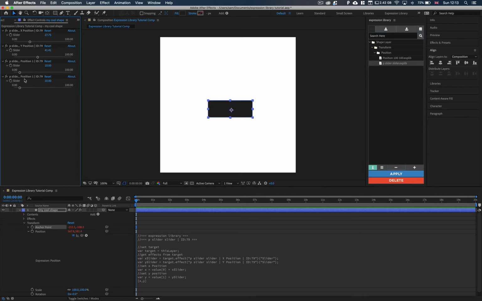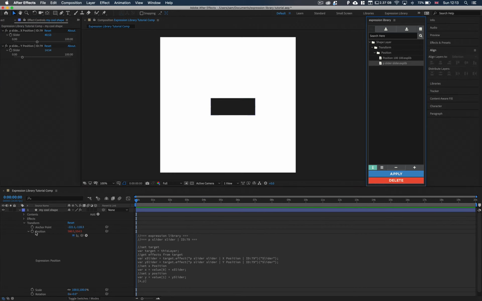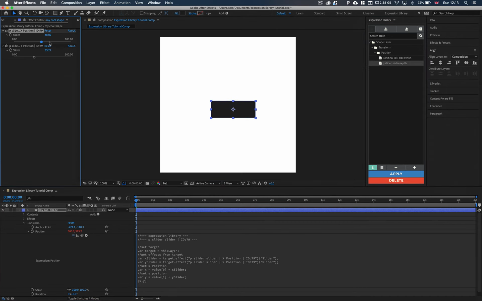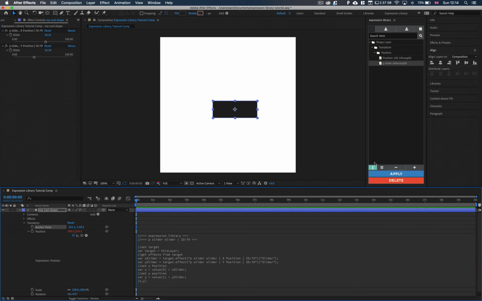And as you can see, these new controllers have been created. So this messes with the anchor point. As you can see, the anchor point is not currently moving. And then if we move the actual position, the anchor point is moving because these are connected to the position, these are connected to the anchor point. Now if I was to delete this off, it removes them controllers and the anchor point expression, and now we're just left with these. We're going to try this again, but instead we're going to click no, so it combines